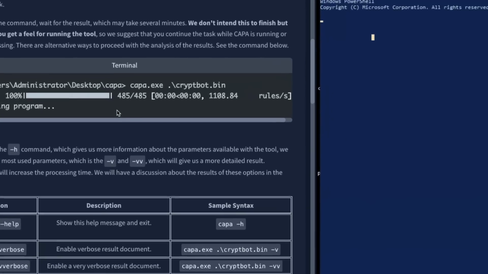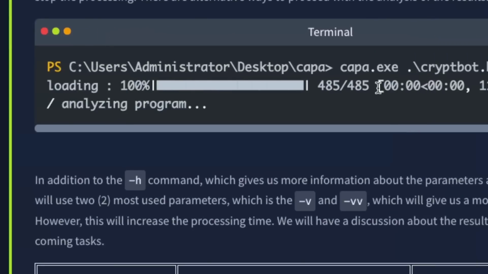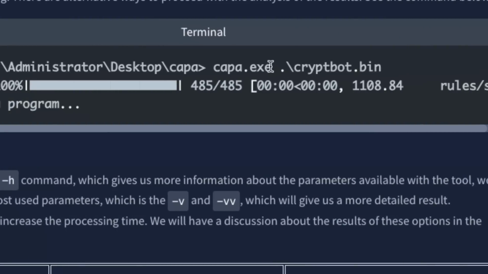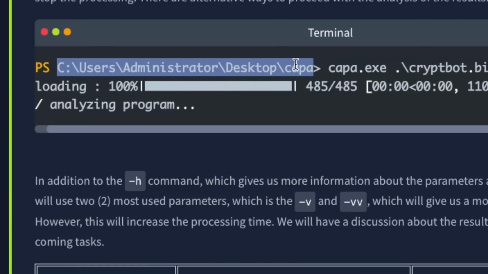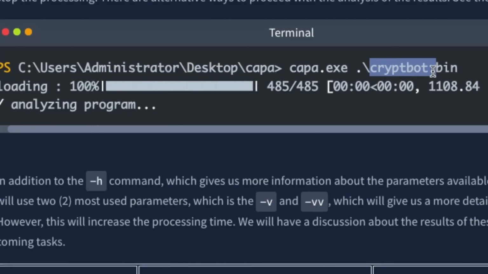So this is what you would need to do. Basically, you would do from any location, right? You can run the Kappa executable from any location inside the computer, but you would need to give it this full path right here, and then do the / and then cryptbot binary. So you would do the executable, and then you would give it the full path of where this binary actually